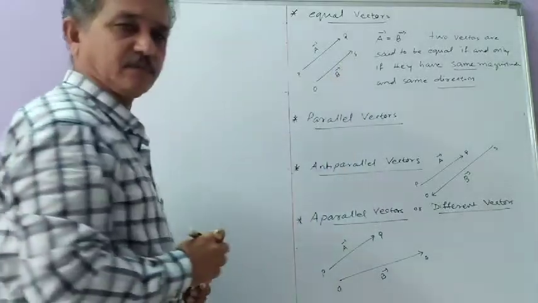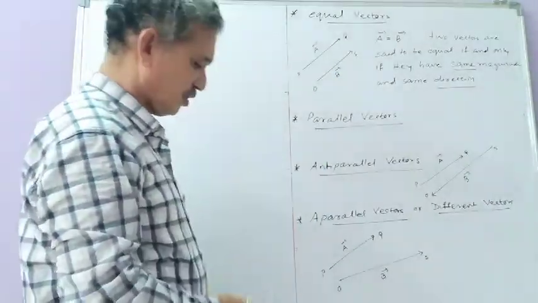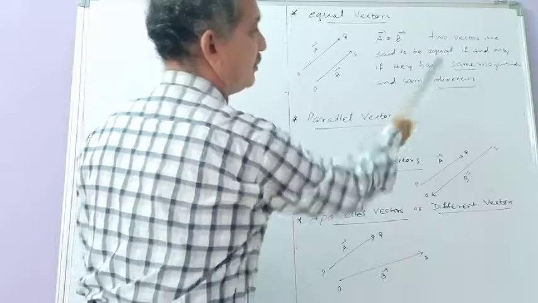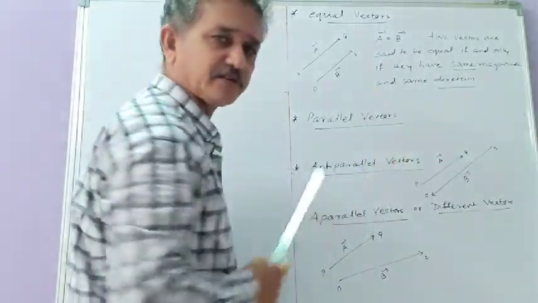Two vectors are said to be equal vectors if and only if they have the same magnitude and the same direction, as shown